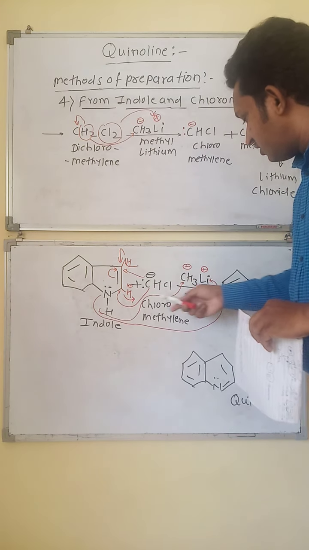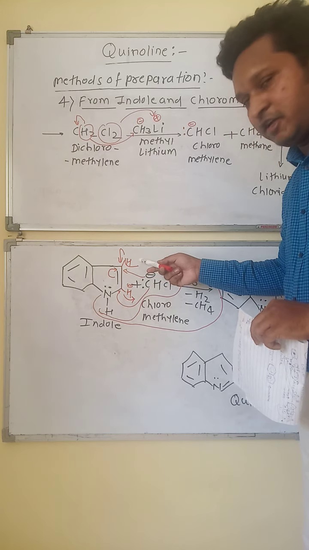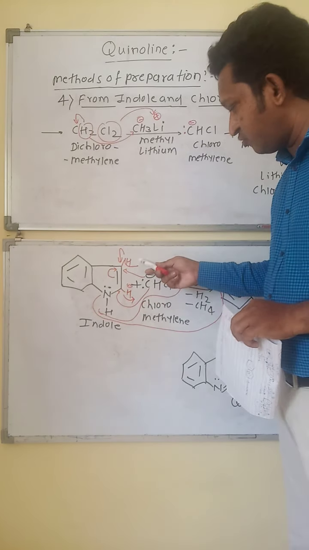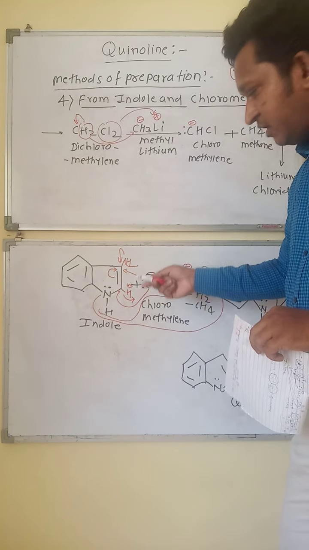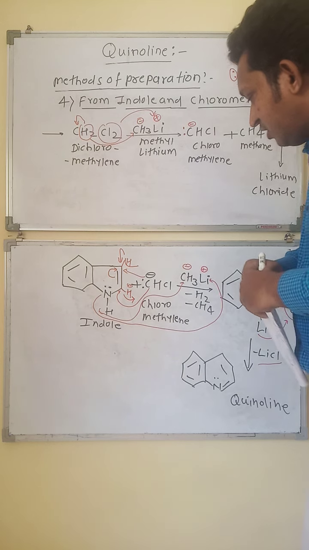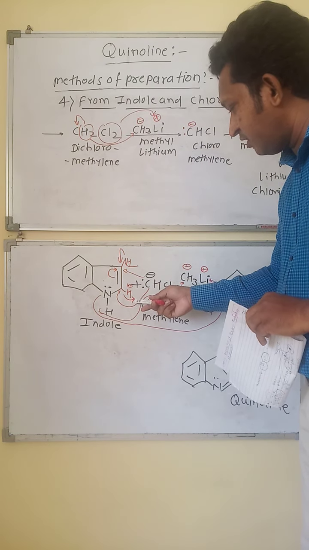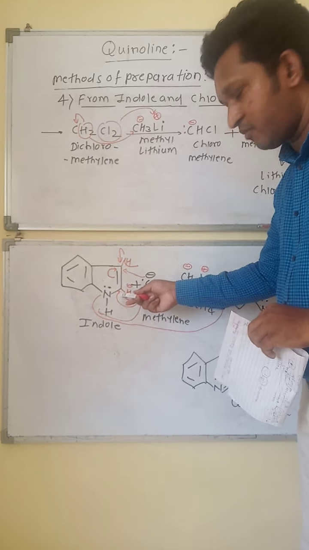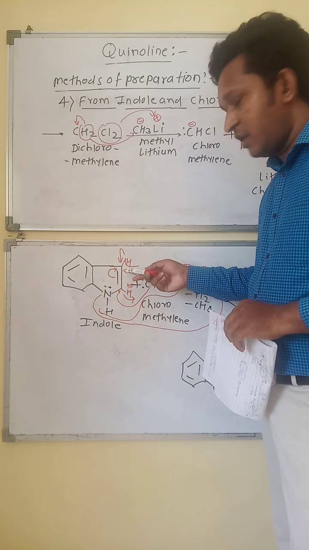Now, in the presence of methyl lithium, one hydrogen will be removed as a proton and one hydrogen will be removed as a hydride ion, meaning H positive and H negative. When the H negative hydrogen is removed from the second carbon, it takes the lone pair of electrons towards itself. So the second carbon is electron deficient now, and the third carbon is electron rich.